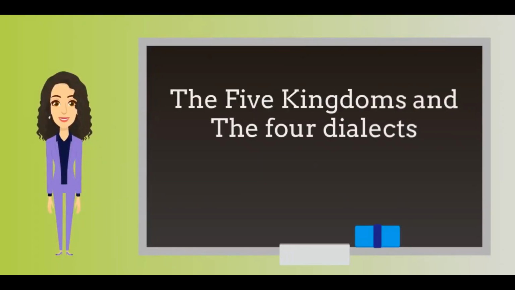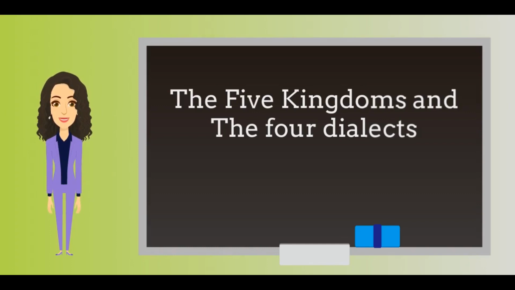Now you all must be thinking, what did Anglo-Saxons do after settling in England? Here's what they did. They established 5 kingdoms, aka heptarchy, which consisted of Northumbria, Mercia, East Anglia, Wessex and Kent. There were 4 main dialects among these kingdoms. Northumbrian, also known as the first one to produce literature. The other 3 dialects are Mercian, Kentish and West Saxon, which eventually gained supremacy and became the standard dialect.